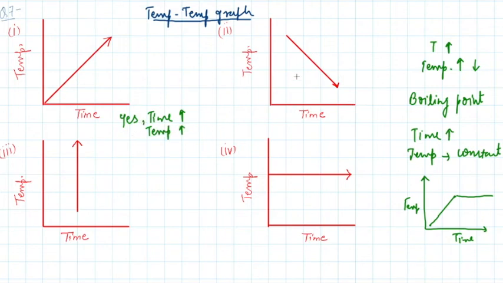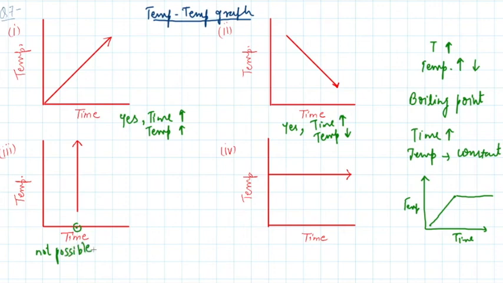Now here, is this graph possible? This graph is also possible because what is happening? As time is increasing, the temperature is decreasing, right? So there is a change in the temperature with the increasing time. Now if I come to the third case, if you see, there is a constant time here and there is a rapid change in the temperature which is continuously increasing. At a certain time, it is not possible that the temperature is rapidly increasing. So we can say that this is not possible.